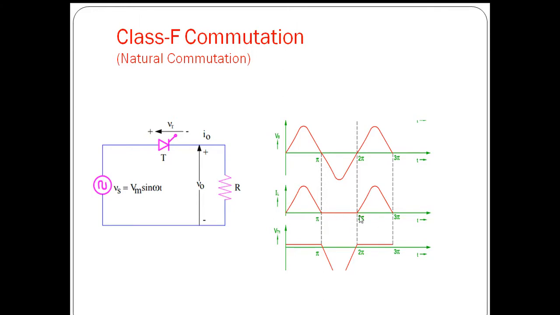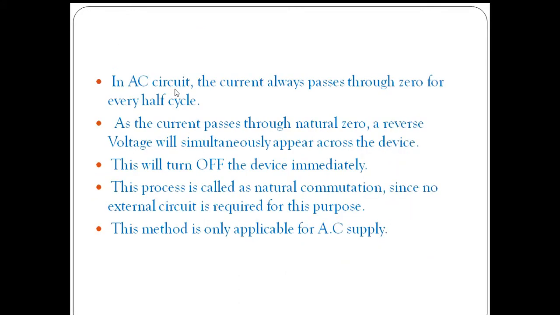So it won't conduct. We have to take care such that the device turn off time should be less than the negative half cycle time. So if this happens, then the device will automatically turn off on its own. We need not adopt any forced commutation circuit here. Not required. As it is having natural 0, the device will automatically turn off as the thyristor is subjected to reverse bias. So this process is called a natural commutation process.